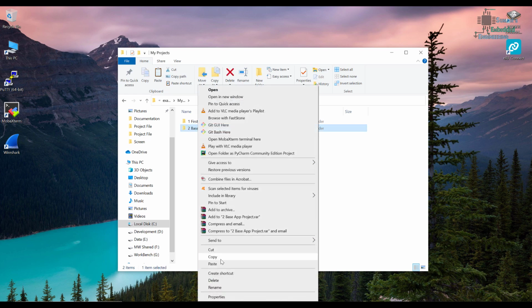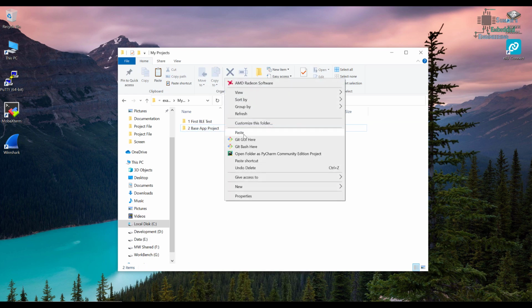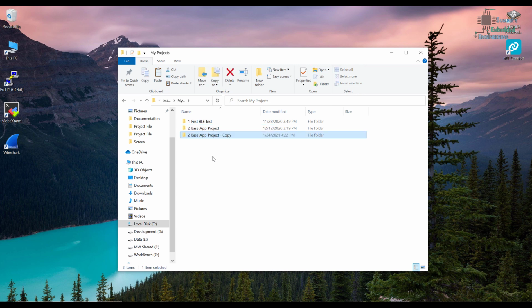Right click here. We have already created this project in the previous tutorials, and if you haven't watched my previous tutorials, you can watch them, because we will be using this as the base project code for our future tutorials. So this will be very important, so make sure you watch my previous tutorials as well. Now I'm just going to copy and paste it here, and it will create a copy of this project, and let's say it's going to be our project 3,